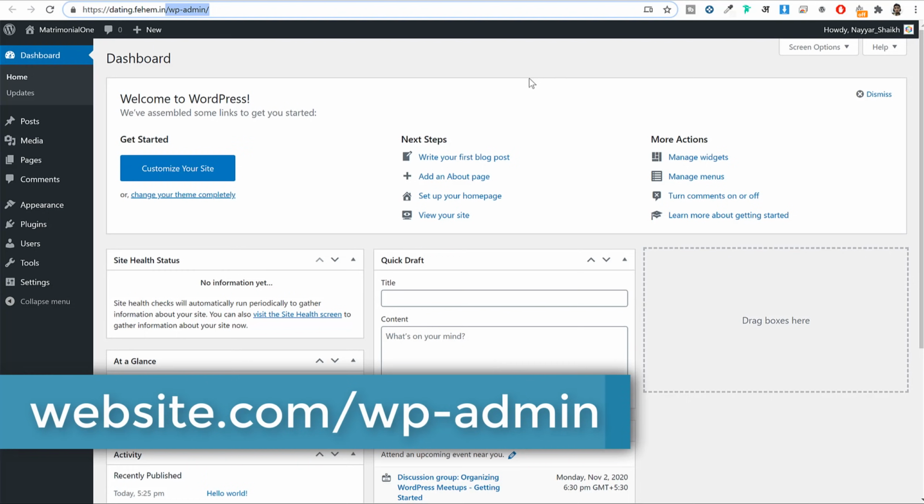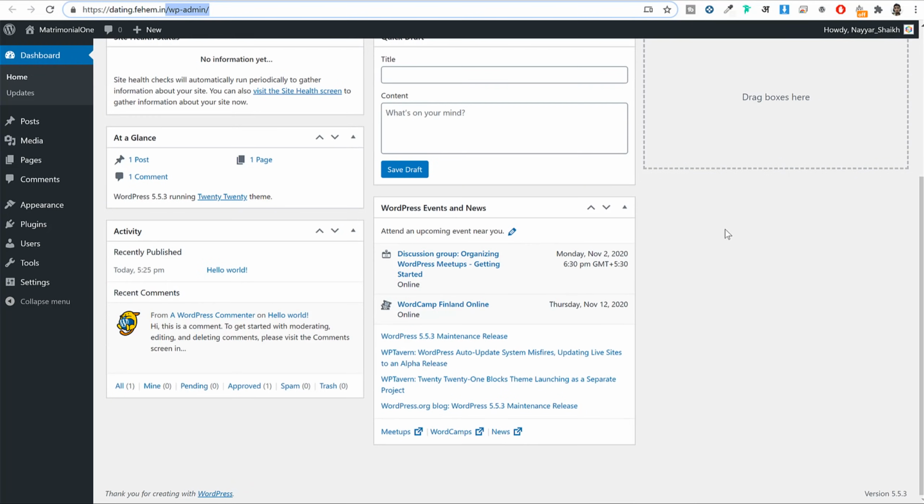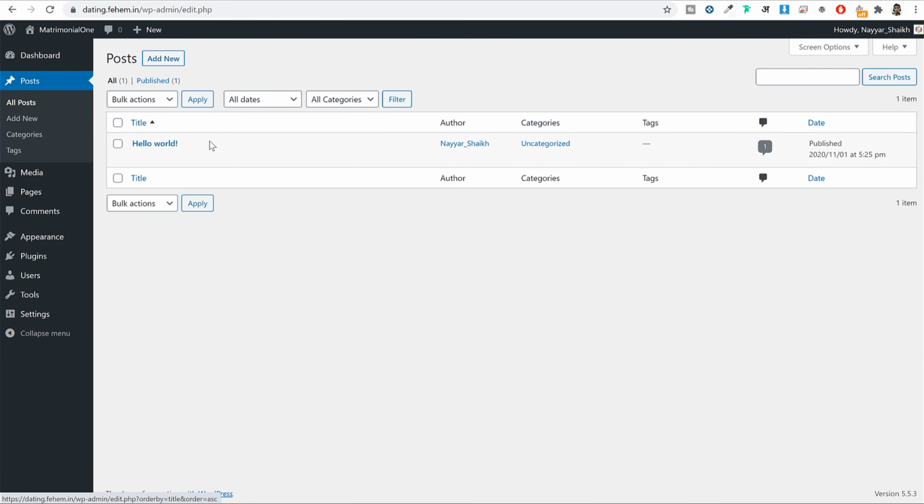And whenever you install WordPress on a new domain name, there are a few basic things that we have to understand and a few basic settings that we have to do. So let's first do that. Now from the left hand side, the first option is your dashboard option, and this is how your dashboard looks. The second option is your post option. And when you click on that, you will see one post is already created for you, Hello World.